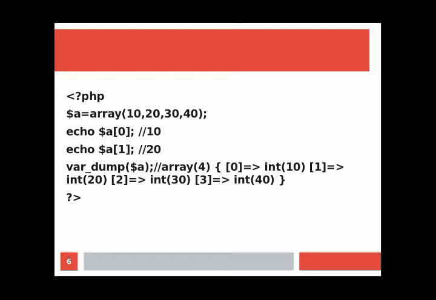So here int 10, that is the value of the first element is 10, and the type of 10 is integer. That's why it is given as integer. Then again the same, that is 1, the second element, integer 20 will be printed, because the value is 20 and the data type is integer. Then the next element, with subscript 2, the value is 30 and the data type is integer. Then the last element with subscript 3, integer 40, that means the value of the last element is 40 and the data type is integer.